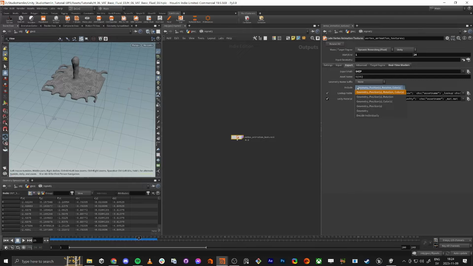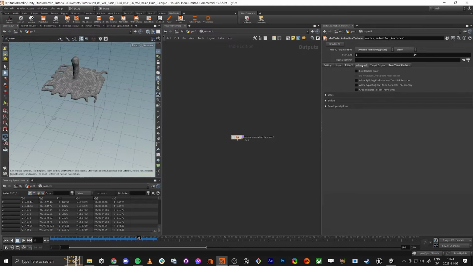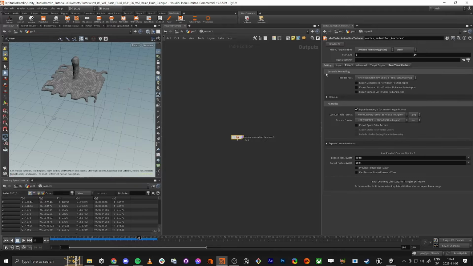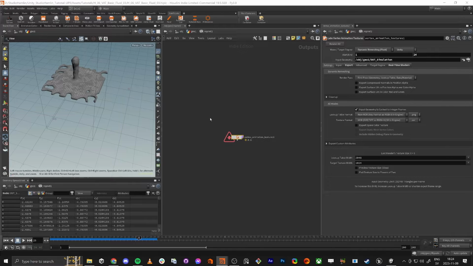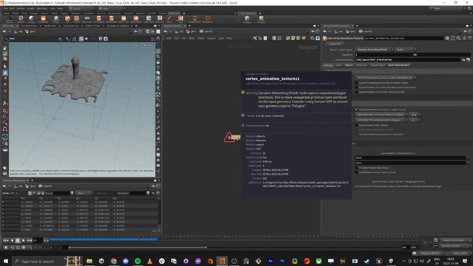And we actually only gonna use position and rotation. We don't need the colors. So geometry, positions, rotation. Super good. Advanced, we're gonna leave. And target engine, real-time shader, we're gonna leave. And the only thing now is to do the input geometry, and that's we have out simulation, accept, and